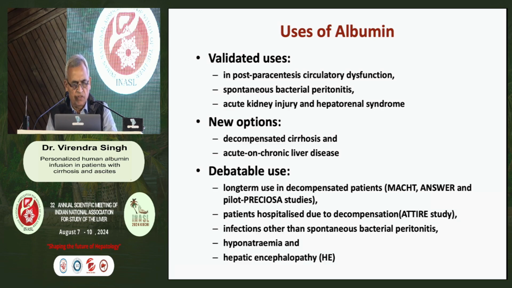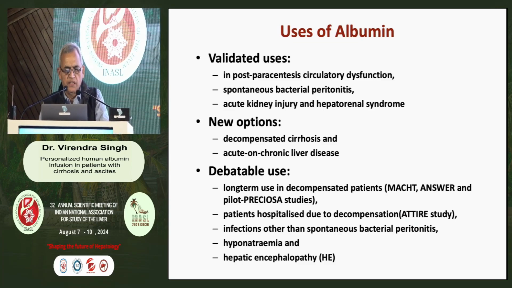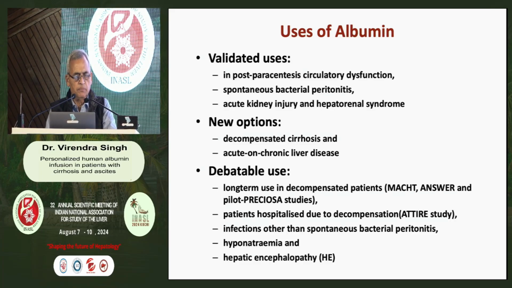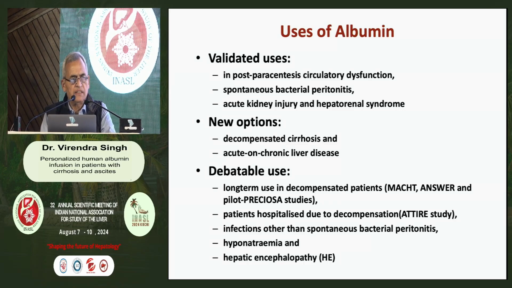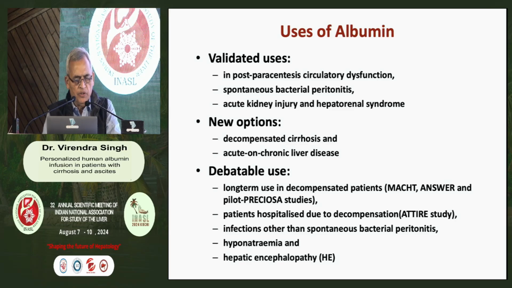paracentesis circulatory dysfunction. Number 2, SBP. Number 3, the acute kidney injury and HRS. The new options are the decompensated cirrhosis and acute on chronic liver failure. However, the debatable use is in the long-term use in decompensated patients, the MATCH trial, the ANSWER trial, the pilot Preciosa studies. The patients hospitalized due to the decompensation, that is the ATTIRE study, infections other than SBP, hyponatremia, and